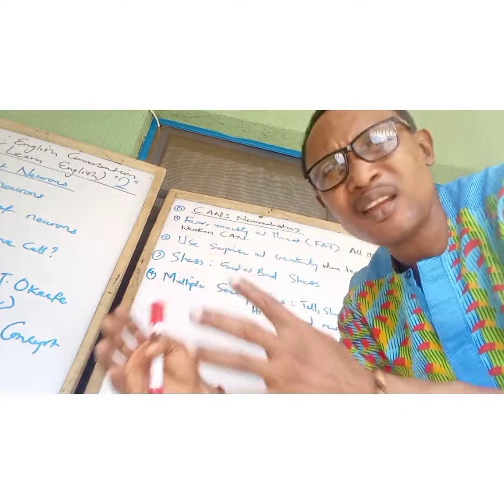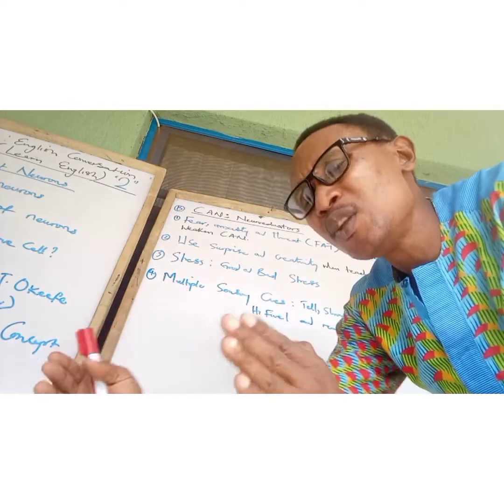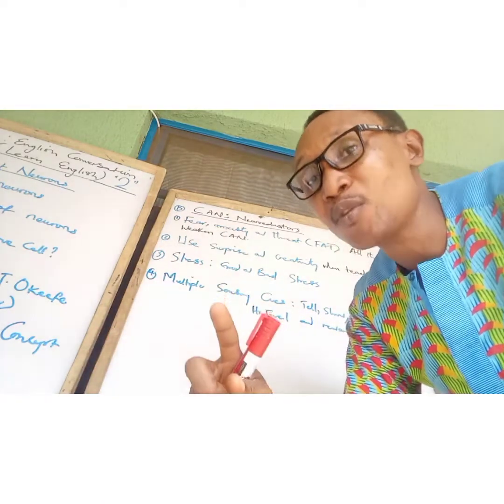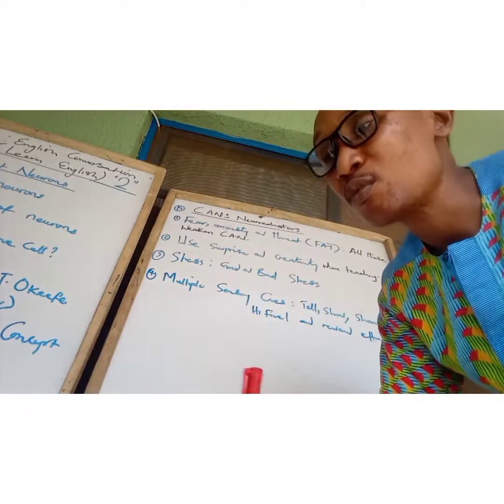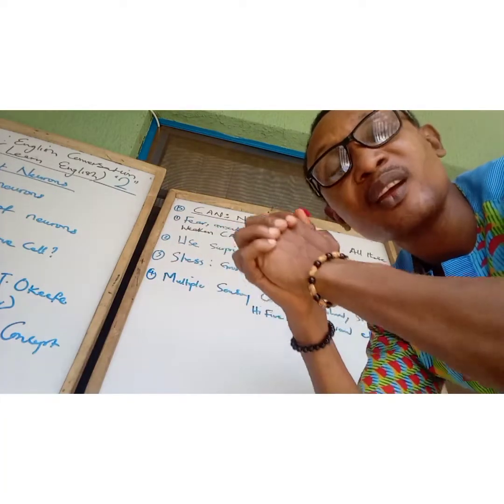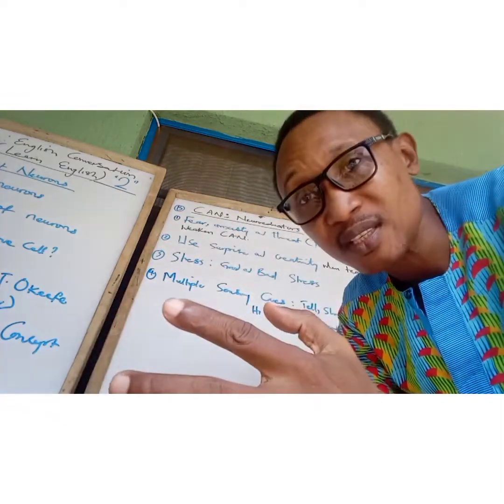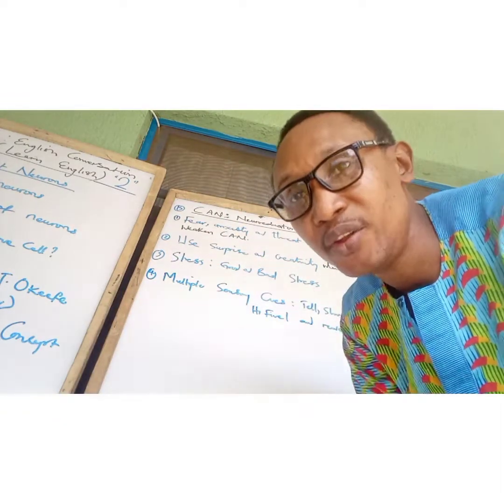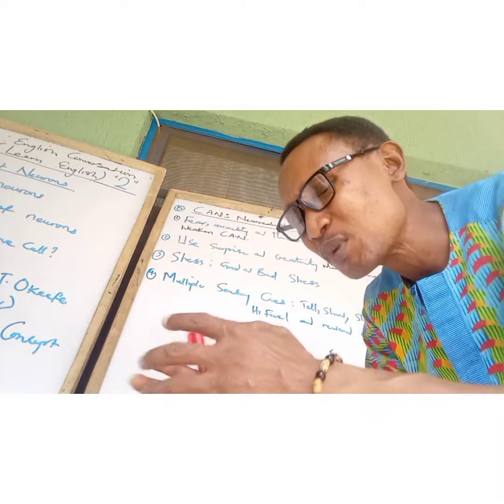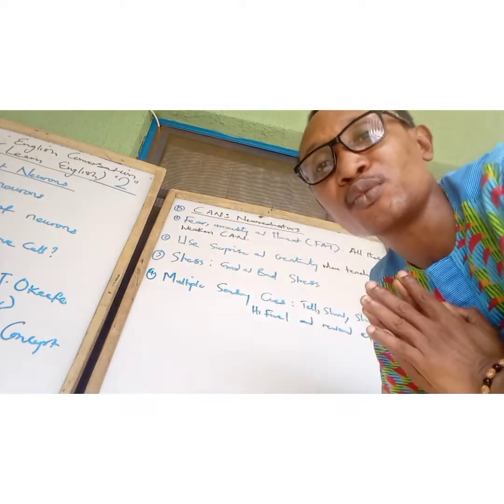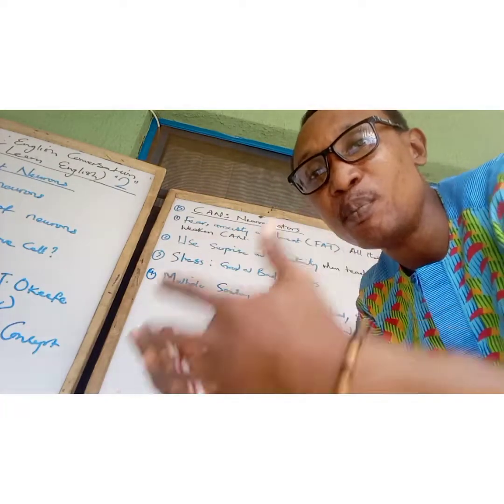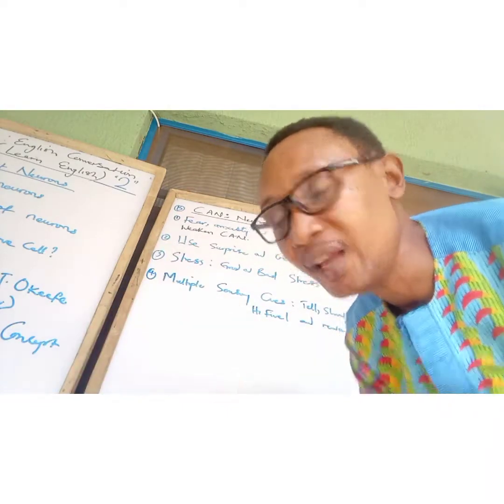But anything more than that, which will not give the students even a little time to play, has become what? A bad stress. And bad stress kills what? CAN. It is called apoptosis, okay, the death of neurons. So we must try as much as possible not to encourage bad stress in the learning environment.